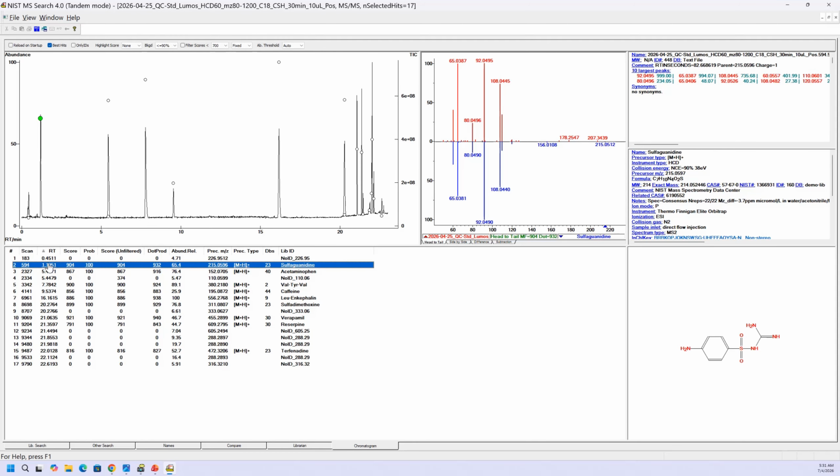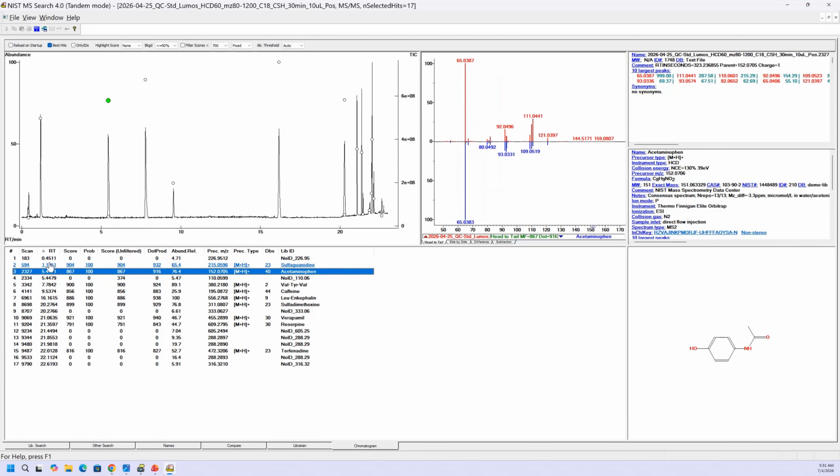Now I'm going to the bottom and putting my mouse on it. And now I can use the keyboard arrows to go left and right in the file. So I'm going with the down arrow to go to the next one. What you see over here at the top are the results. You see the unknown on the top, and you see the best hit from the library on the bottom. And so you can essentially just step through them fairly quickly